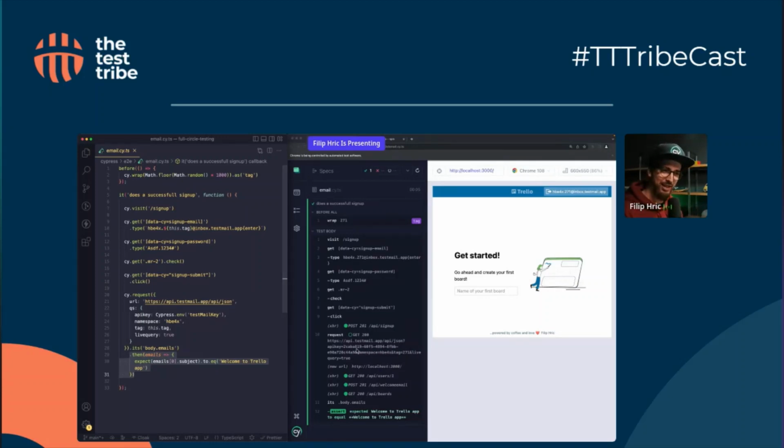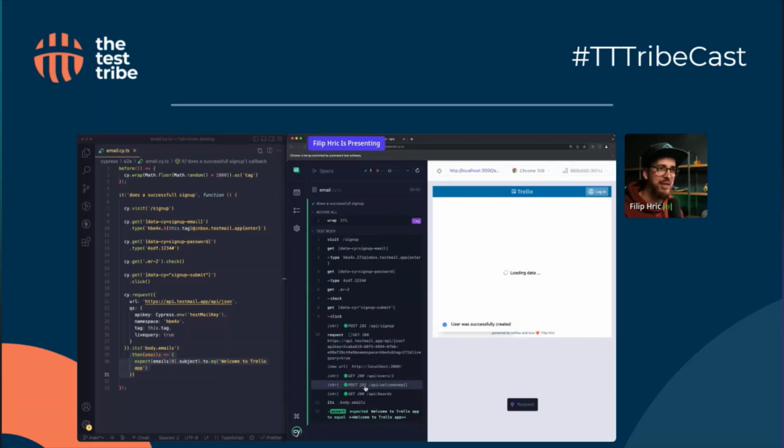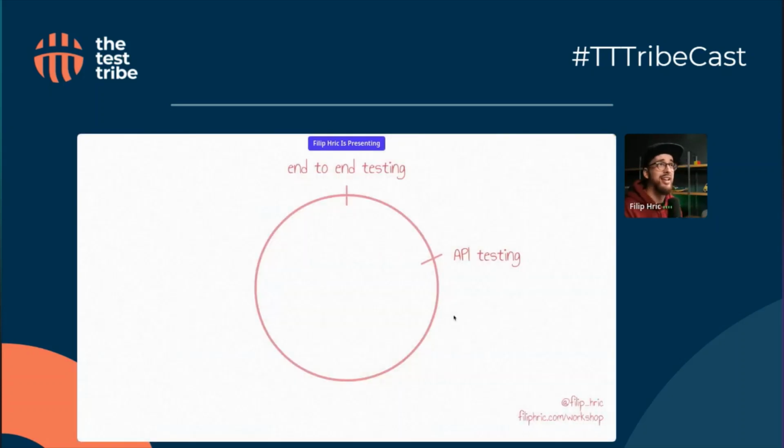So that's really cool. Cypress, the cy.request command is really powerful. But you probably noticed, I have pointed this out, that you can see these API calls as we are interacting with the application, and Cypress is watching for those, and it is a great area of testing as well, which brings me to another point in our circle,